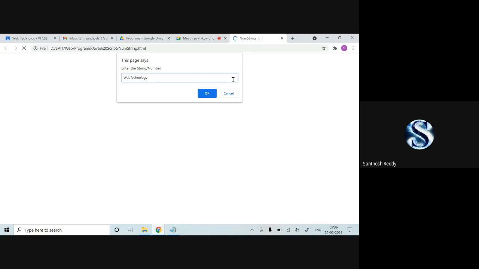Now it has to find out the leftmost vowel. So can anyone say what will be your output? E will be your output. In the sense, the position we have to find out. See, web is W, E, B. W's index is 0, E's index is 1. So the position of the leftmost vowel is 1. It is printing. Is it clear for everyone?